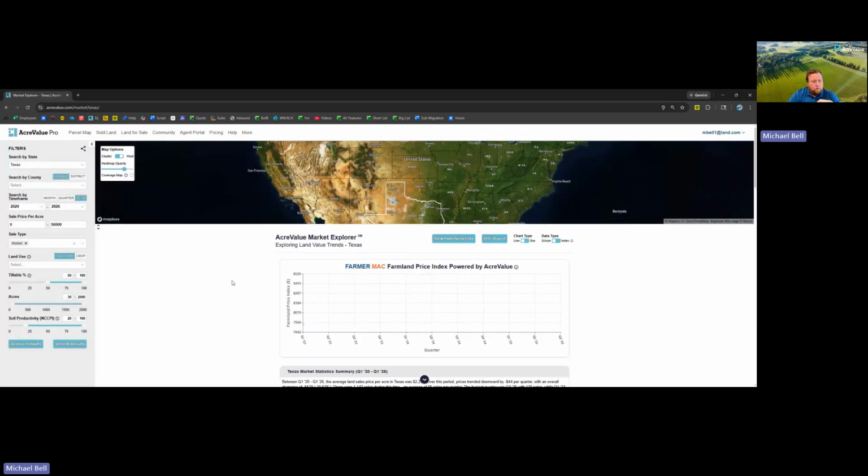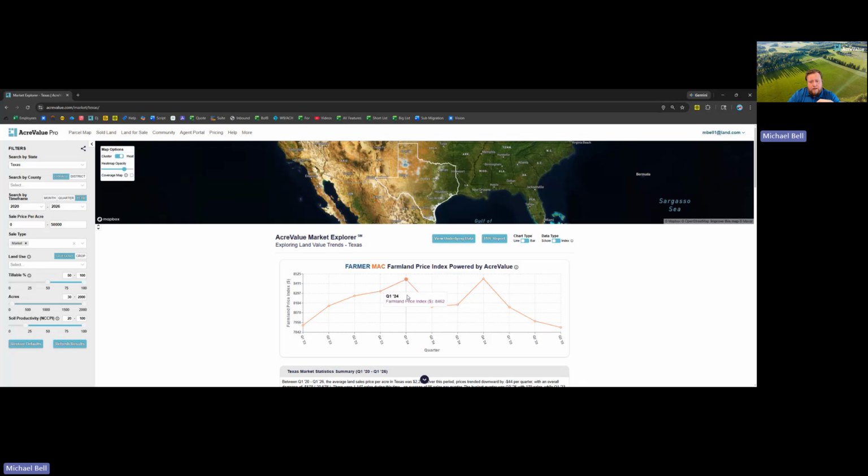Number one, a really powerful tool we use called Market Explorer. This is going to give you those trends for land values and how they're changing over time. As you can see in this graph here, this is from Farmer Mac. This is a nationwide average of farmland price index. As you can see, since the end of 2024, it has dipped significantly. Great opportunity for investment. Essentially, you can